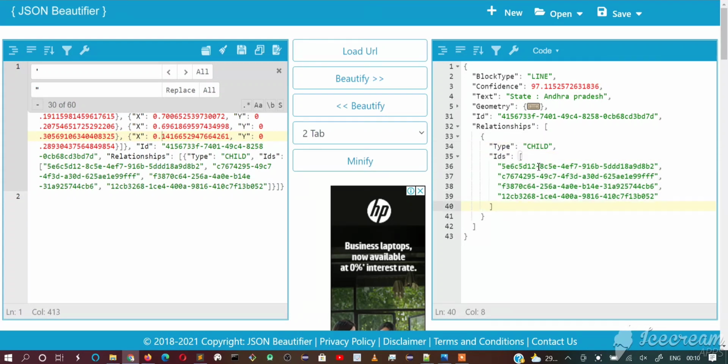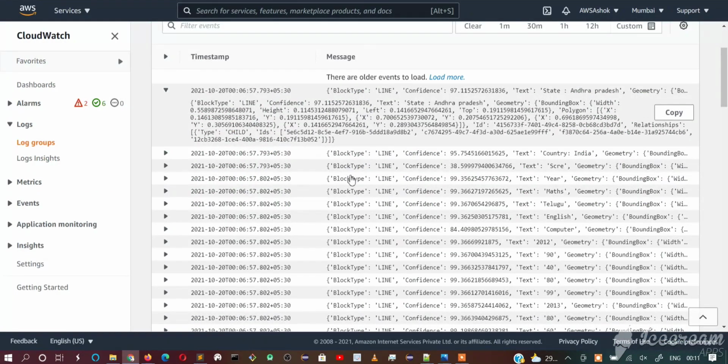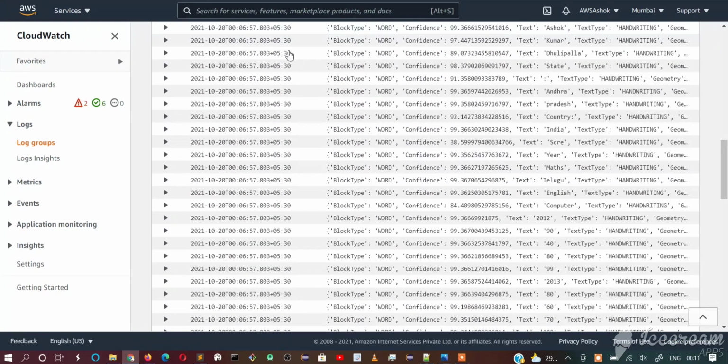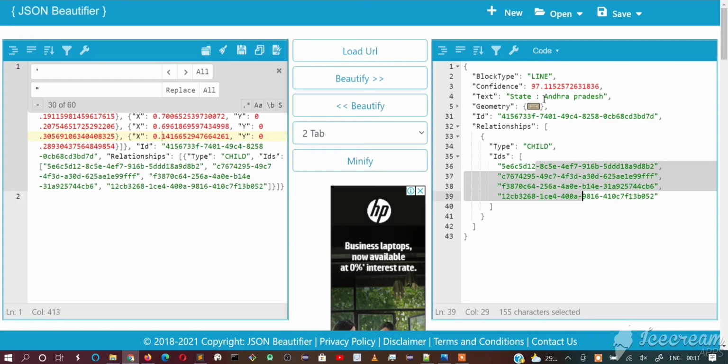We have 4 IDs. What is the meaning of these 4 IDs? If you see in the logs, we have block type word also, and here in the line block we have 4 words: State, colon, Andhra, Pradesh.